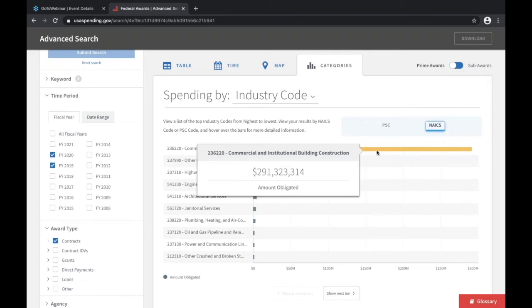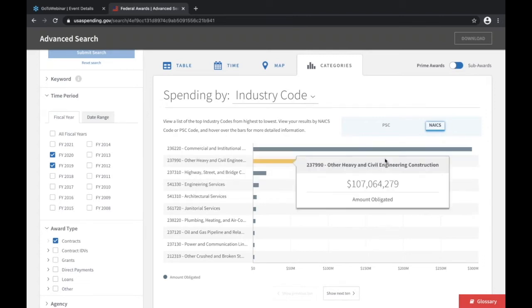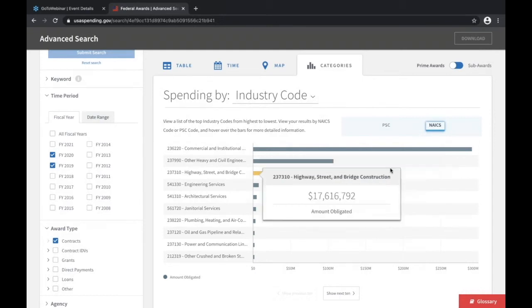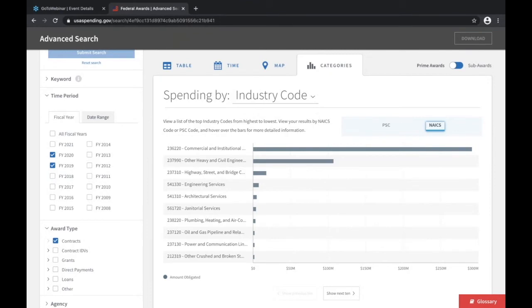And obviously, commercial and institutional building construction is the most, but not only. Some civil engineering, highway, street, engineering services, or architecture and janitorial services, all of these NAICS codes used the word construction in their solicitation. So if you want to focus only on one or multiple NAICS codes, obviously you would use these NAICS codes in your search criteria. Okay, so this is